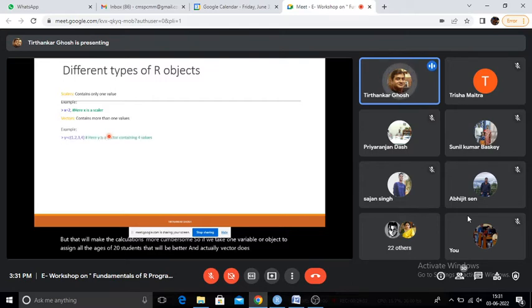How to define a vector? It is like this: y is a vector, and this c denotes that this is a vector, and it has four values: 1 2 3 4. 1 2 3 4 are the entries or the values of the vector, and here y is a vector. So you can clearly differentiate between these two types of variables, scalar and vector. A scalar will contain only one value, and a vector will contain more than one value. It could be any finite number.